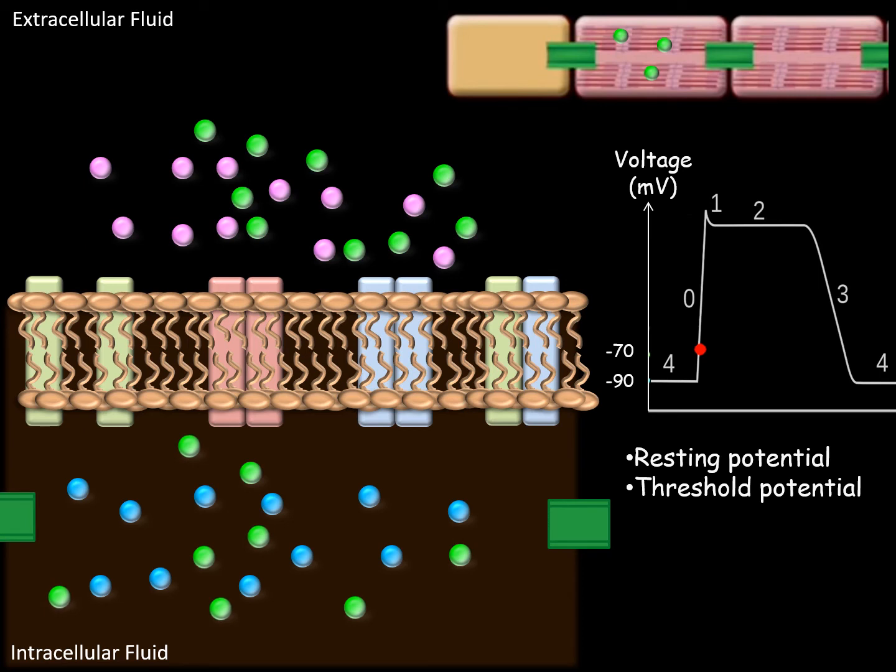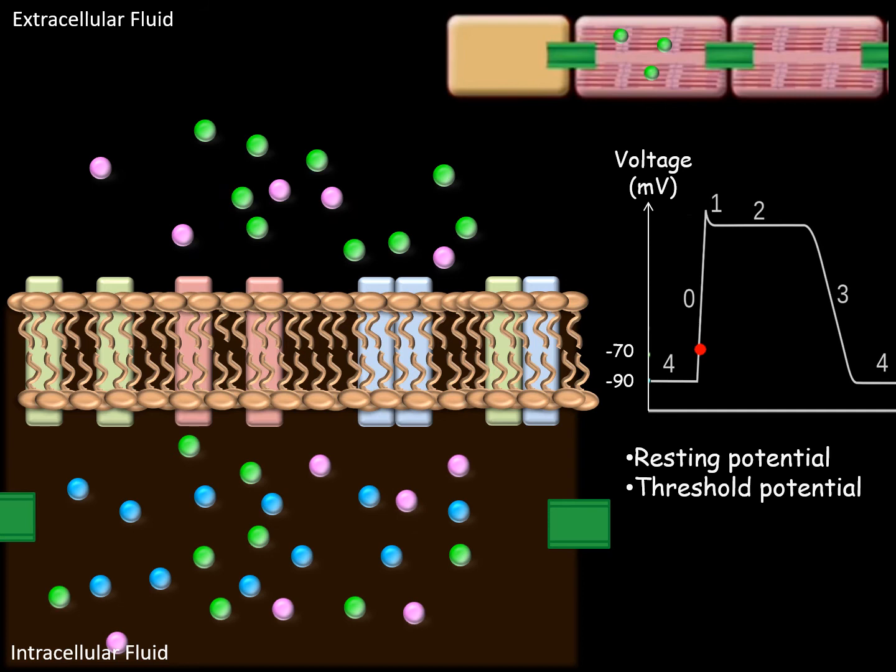Along with these sodium ions, slow L-type calcium channel will also open and calcium ions will start moving in the myocyte. You can see lot of positive ions have entered in the cell, and that's why the potential difference is moving drastically towards positive and it reaches to plus 40 millivolts. This state is called depolarization.